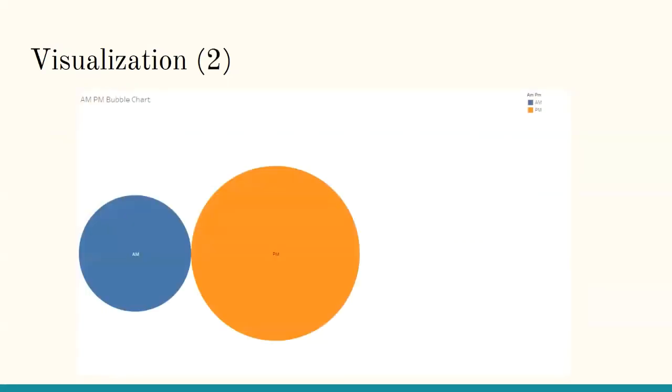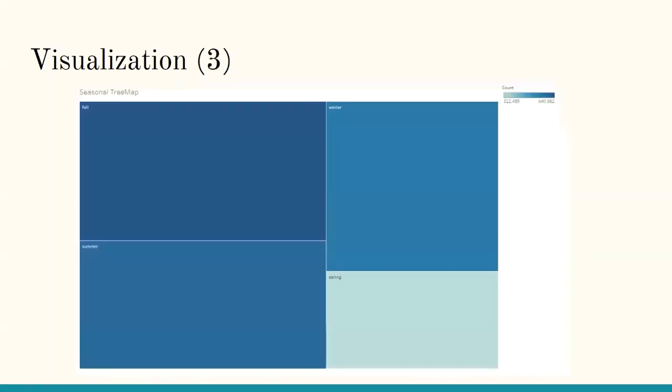The next chart is an AM/PM bubble chart, and this bubble chart shows the relationship between AM/PM times and the total counts of bike rentals. We noticed that the PM time bracket had a higher amount of bike rentals. So more people are out renting bikes in the PM. For the third